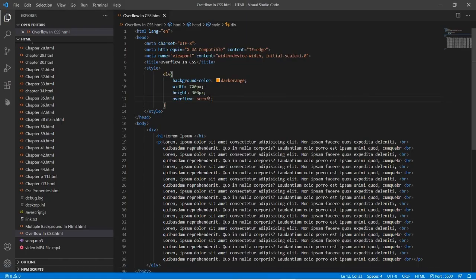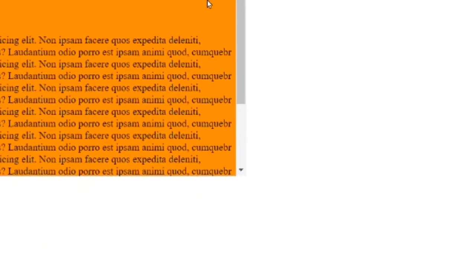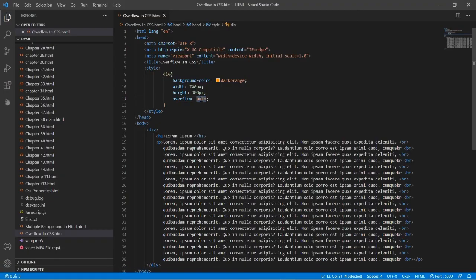And if we give auto, this one, then you can see it will give the scroll button by itself, which means it makes it better. So if we give hidden, this one,